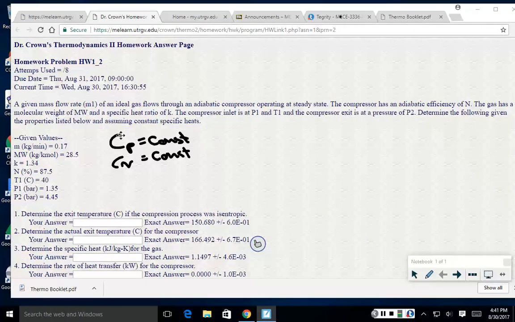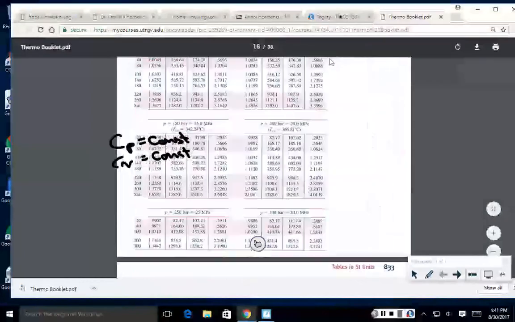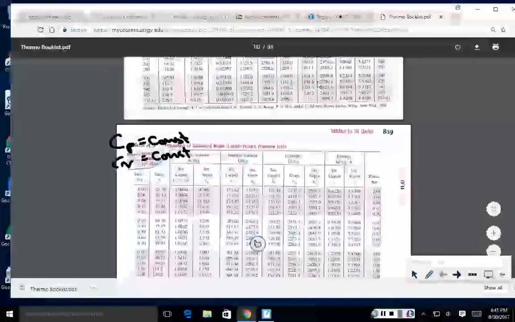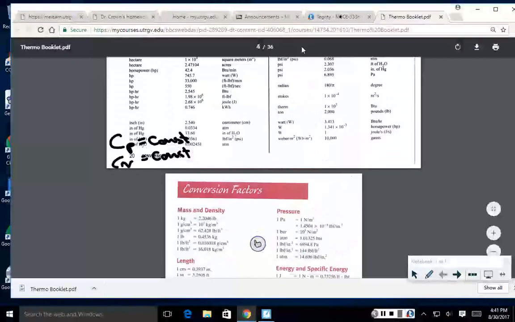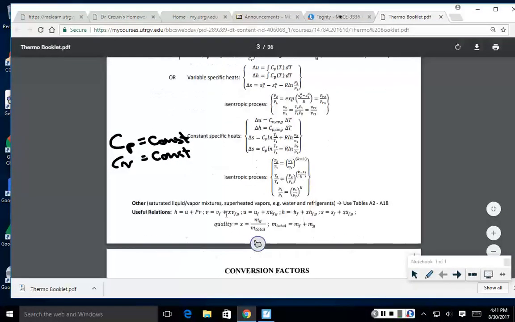So I'll bring those up here, booklet. I go to the top again. Jump to the top. So for constant specific heats for an isentropic process, which I'm going to assume first off, I can use this equation here that the temperature ratio is related to the pressure ratio, or the temperature ratio is related to the ratio of volume. So I'm going to use this one so that